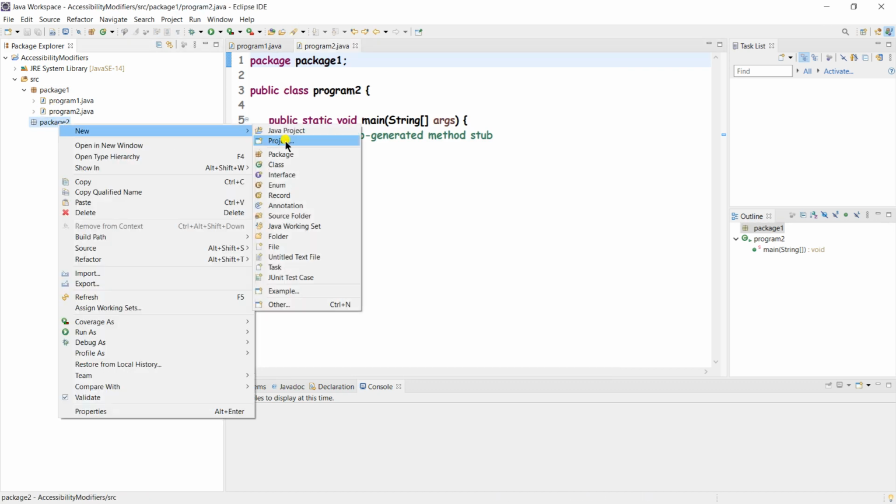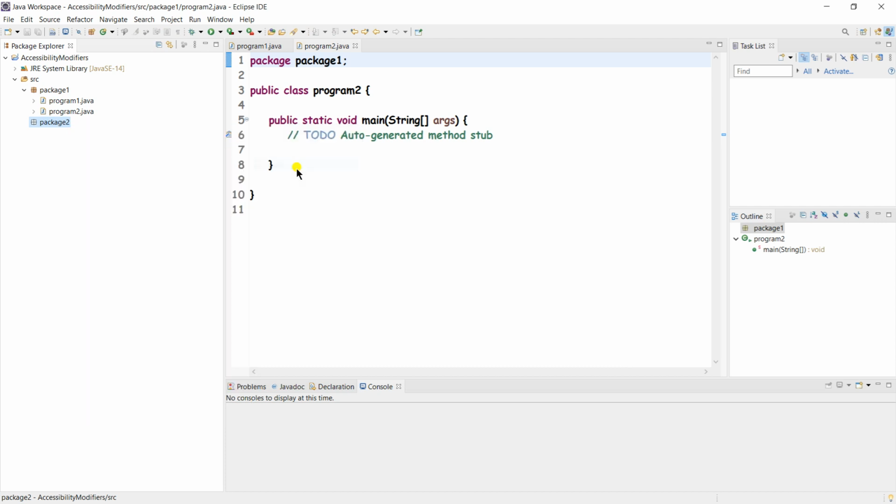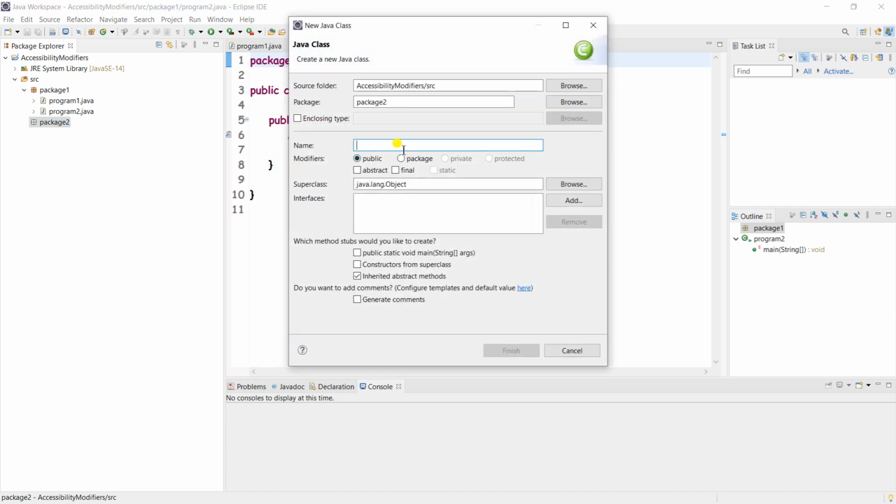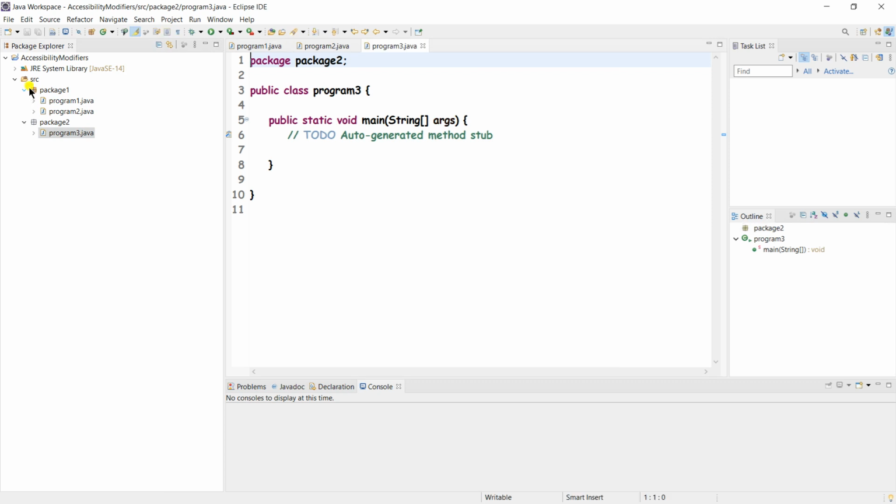I will straight away give it practically, right? Program 3. Here is also it will be having main. So here we have three classes: program 1, program 2, and program 3. We have three classes, right?